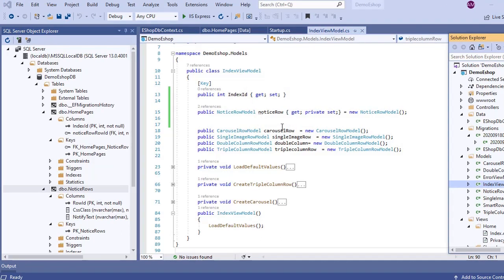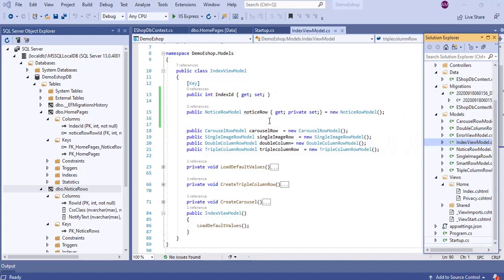Notice that notice row has a property with accessors get and set. This is a mandatory requirement for EF Core. If you want to convert your child objects into tables of the database, then your child object should be in this form. It must have the get and set accessor like this. It should be in the form of a property variable.